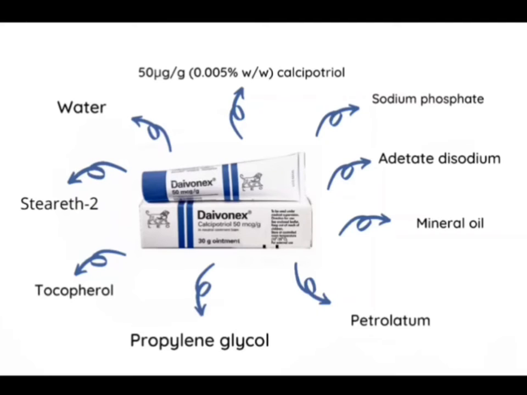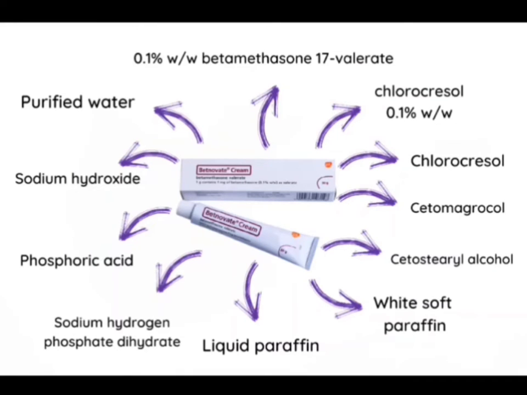So, what is inside the ointment? It contains 50 mg per gram, 0.005% weight over weight calcipotriol in an ointment base of disodium phosphate, edetate disodium, mineral oil, petrolatum, propylene glycol, tocopherol, steareth-2, and water. While Dosage cream can help reduce the redness and itchiness on inflamed skin such as eczema,